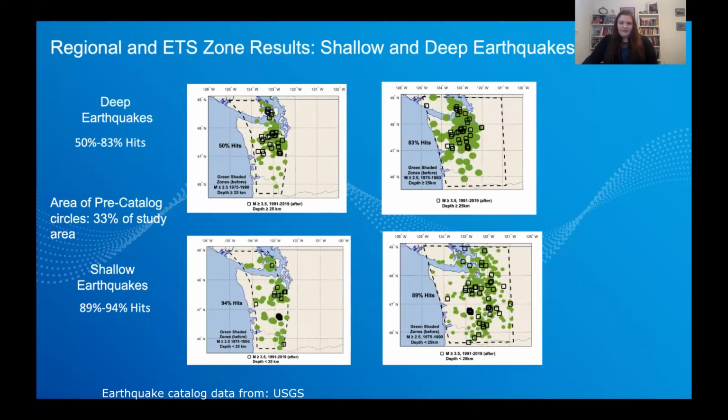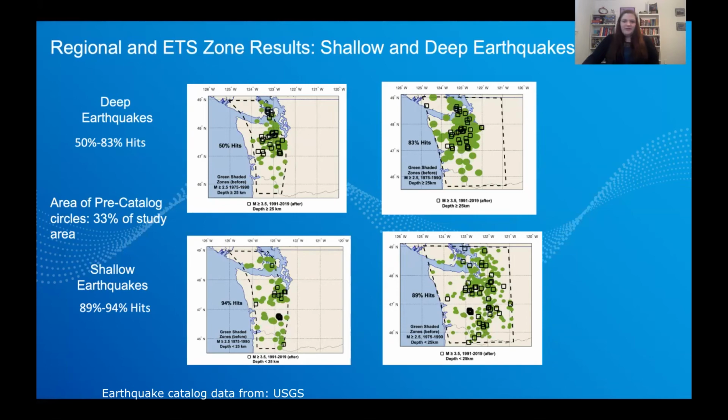Then next, I did some preliminary runs on how many hit percentages the deep earthquakes have versus the shallow earthquakes. And it turns out that the deep earthquakes have a lower hit percent than the shallow earthquakes, which is exactly the opposite of what I was expecting to find. So I'm really looking forward to being able to do more runs to see if that still holds true, because based off of previous CS studies, I would have expected them to be opposite given the tectonic setting, but more investigation needed, which is always fun when you're doing